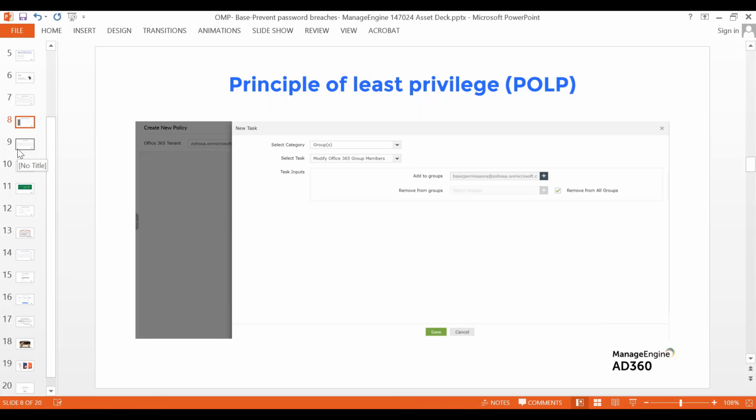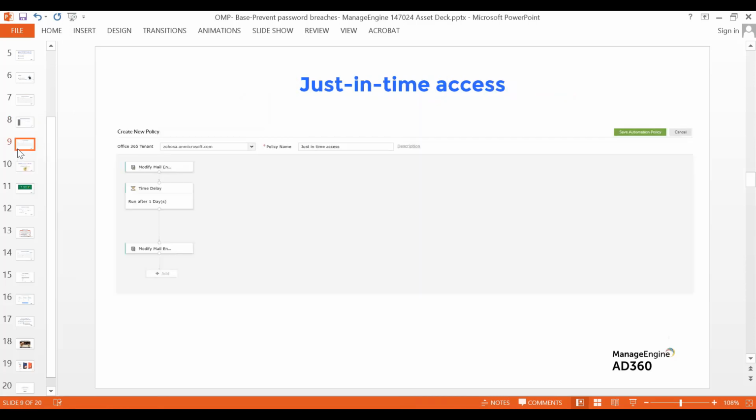While users are being provisioned, the right groups are assigned. While users are moving or jumping between departments, the right entitlements are given. And even when an administrator is performing a task or a technician is performing a task, they would not have more privileges than they actually require. So that is an interesting case for user lifecycle management.